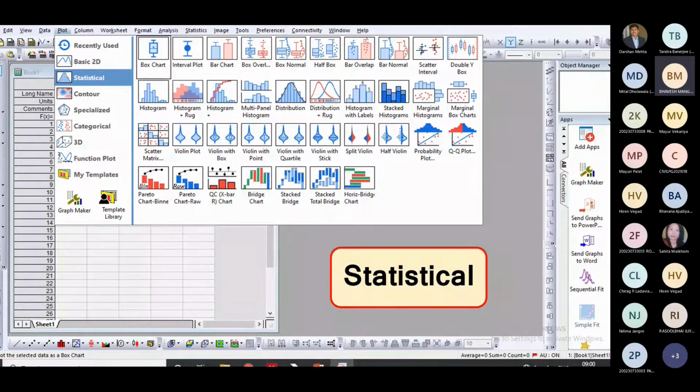These combined facilities are also there. Then violin with point, violin chart with quartile. Many other types of violin charts are also there. You can plot this QQ plot, probability plot, right? So for statistical data, these charts are very, very important.